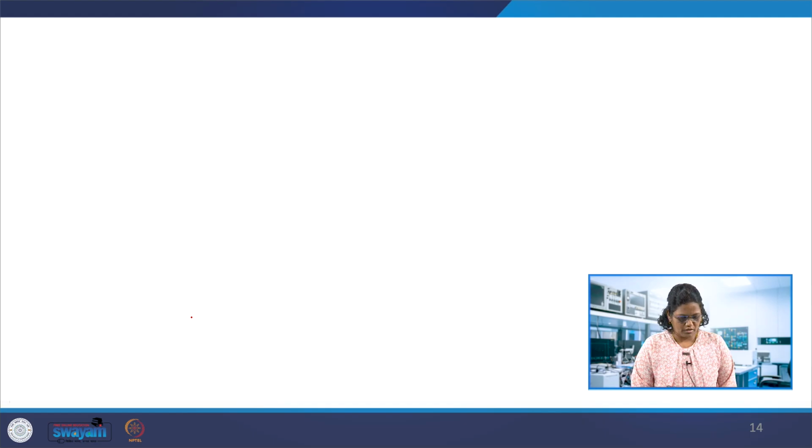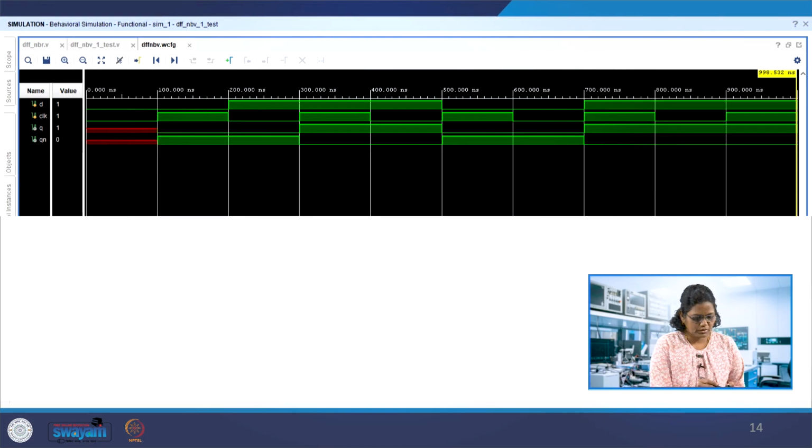Can we observe that in the simulator? So here is the D and the clock, which is the passage of the clock. What we said, D is assigned to Q, yes, and then at 100, 0 is given over here, and Qn is complemented.